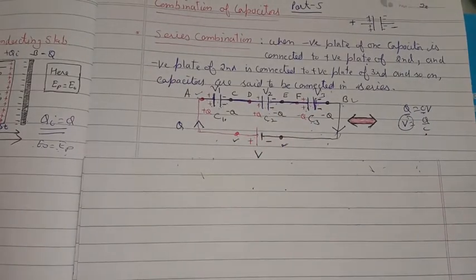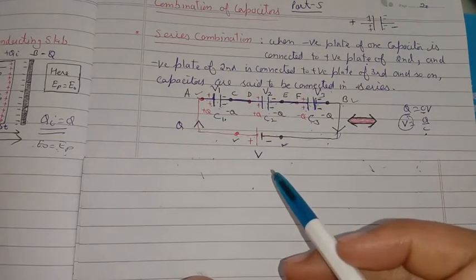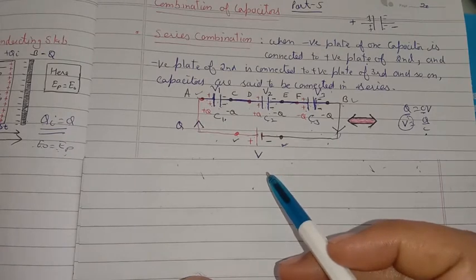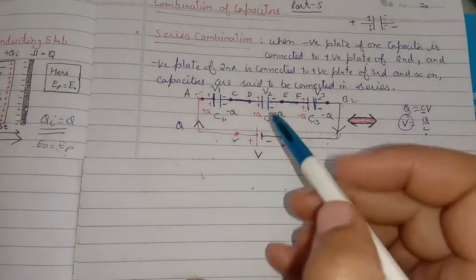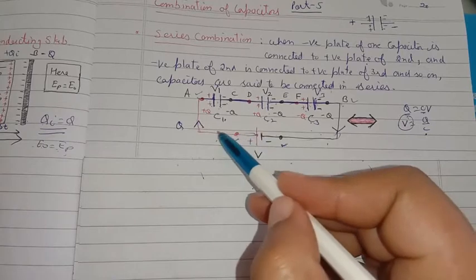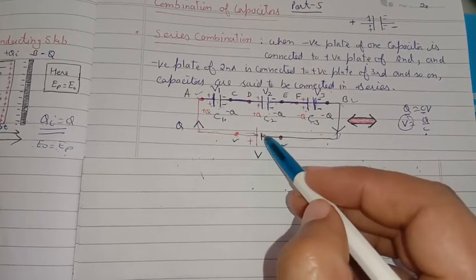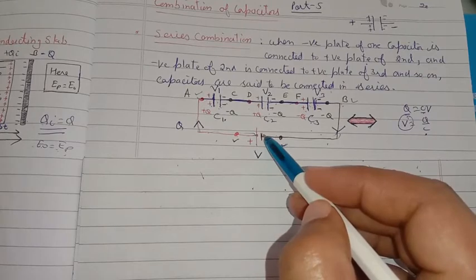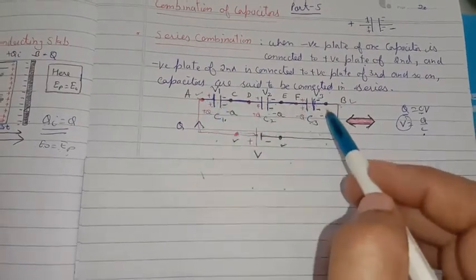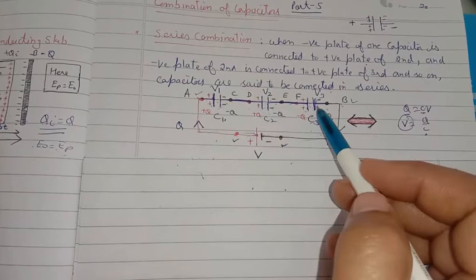The whole system works according to the law of conservation of charge and the law of conservation of energy. The law of conservation of charge says that charge can neither be created nor destroyed, but the total charge always remains constant. This means that whatever charge left the positive terminal of the battery, the same amount of charge must enter the negative terminal of the battery. So the charge through each of the capacitors is the same.